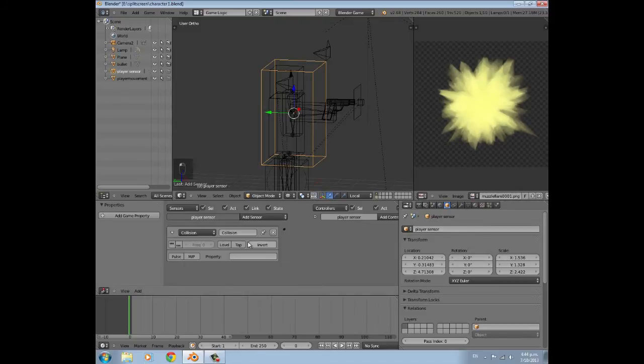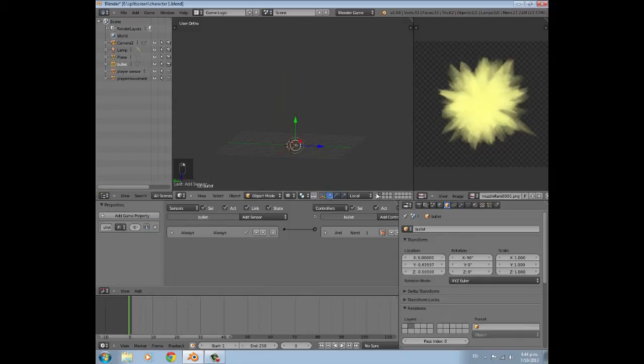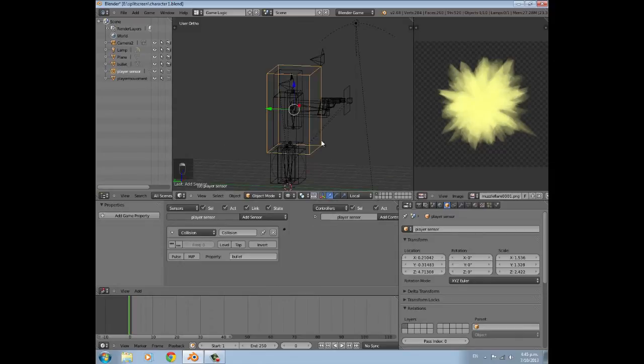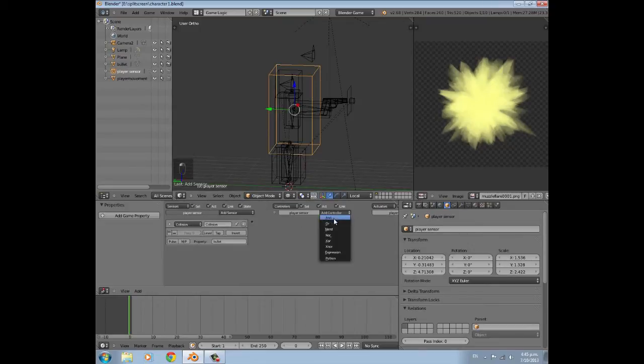and then add a collision at the property bullet, which we gave the bullet before, I think. Yep. And then we can go ahead and choose an AND controller, and